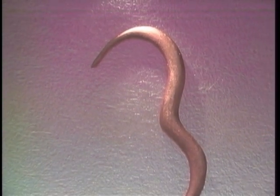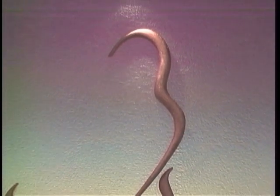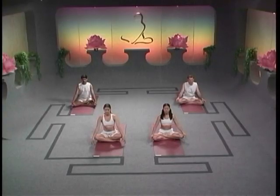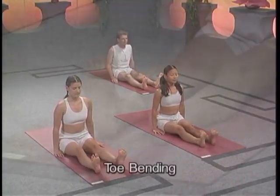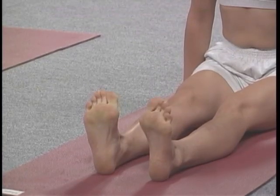Before you begin, sit in a comfortable position, relax the body and the mind, and draw the attention inward. Let's begin loosening exercises. From a comfortable seated position, extend the legs in front and begin bending the toes without moving the ankles. Bend the toes in and out,